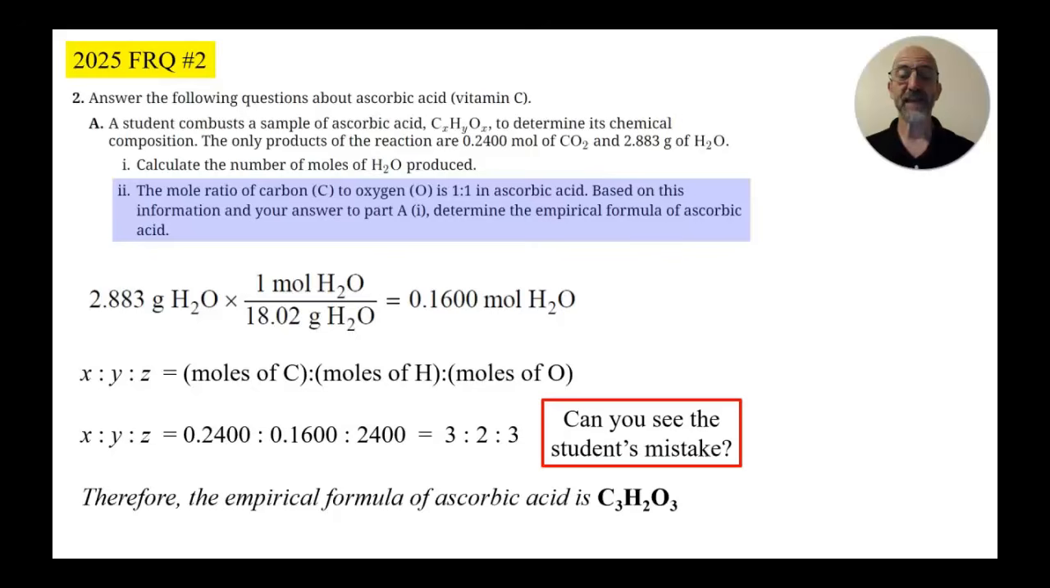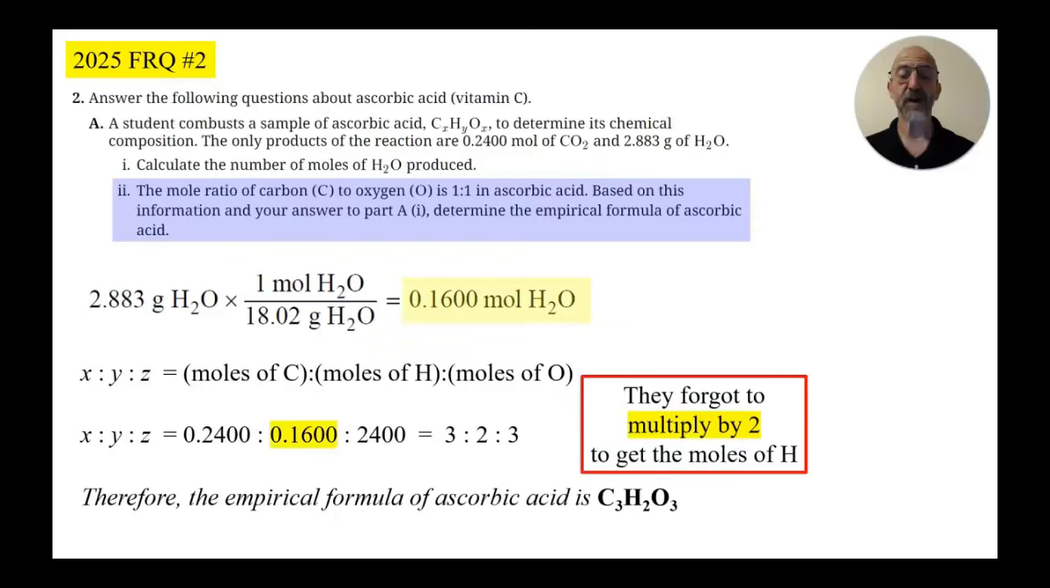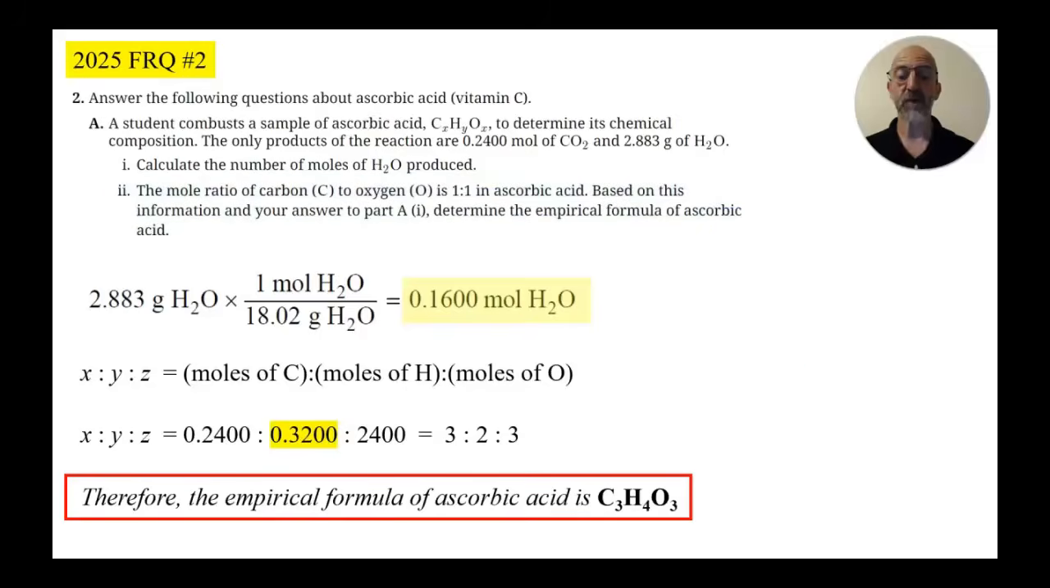Now, hopefully you can see the student's mistake. There are 0.1600 moles of water, but the student forgot to multiply by 2 to go from moles of water to moles of hydrogen. So that's an important detail. Make sure you realize that there are 2 moles of hydrogen atoms for every 1 mole of water. So the correct answer to that question is not C3H2O3, but rather